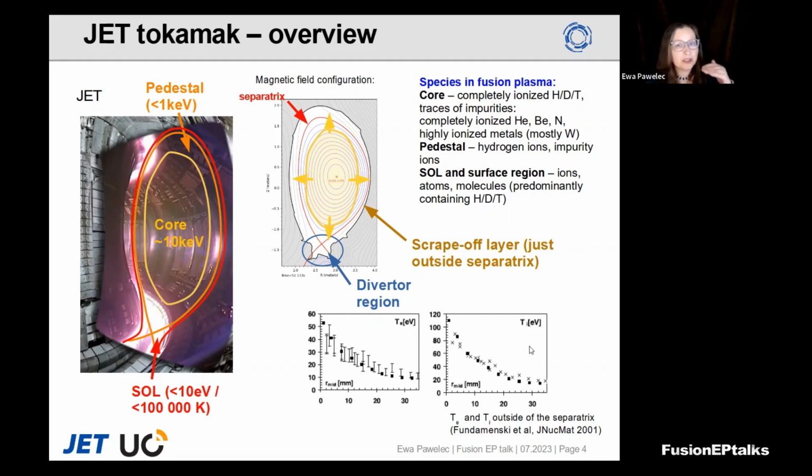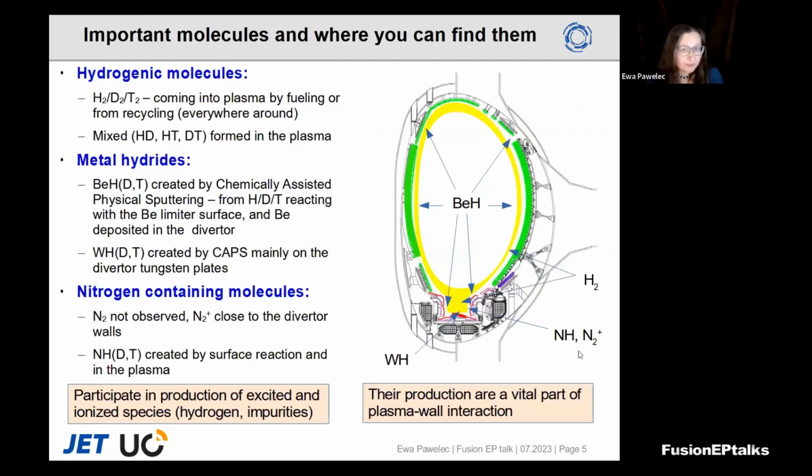So we are getting close to the region where the molecules can still be. This is more complex than it could be thought to be, because molecules, if they appear on the wall, do not disappear in a moment. They live for a moment, and this is something we can see. So where do we find those